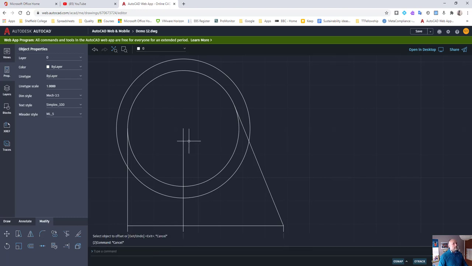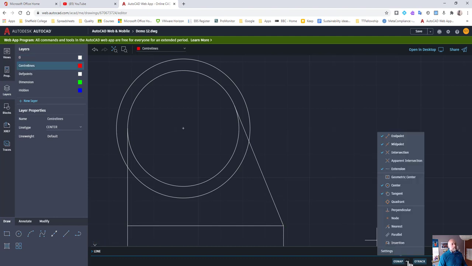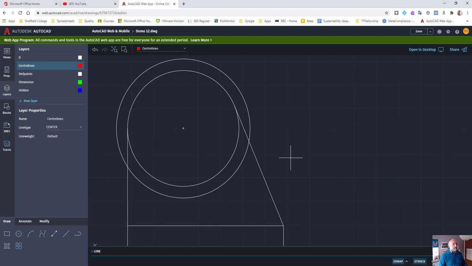Press escape, select that vertical line, delete that for now, and then I'm going to go to draw. I'm going to go to line, but I'm going to change my layer to centerline layer, and I'm going to turn on quadrant again. By turning the quadrant on, that allows me to go from 9 o'clock to 3 o'clock. Right click, confirm. Right click, repeat last command, and I'm going to go from 12 o'clock down to 6